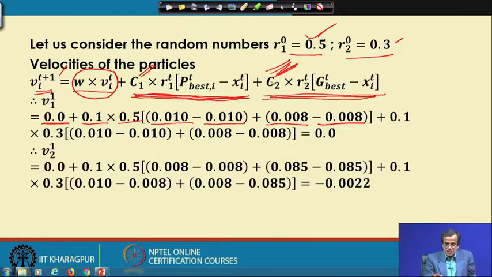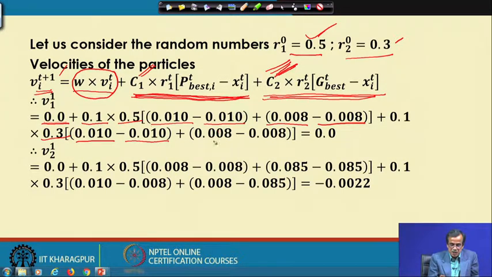Next comes C2 is 0.1 multiplied by R2, that is 0.3, multiplied by gbest with respect to t, which is 0.010 minus x_i(t), that is 0.011 corresponding to b for the first particle.